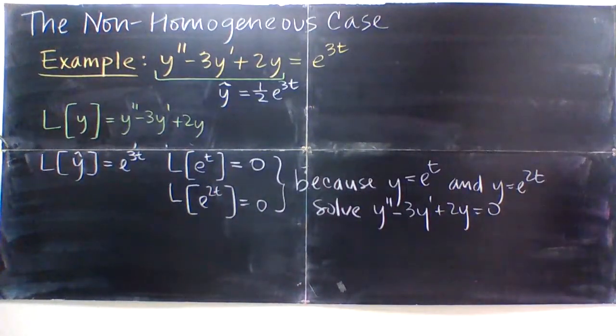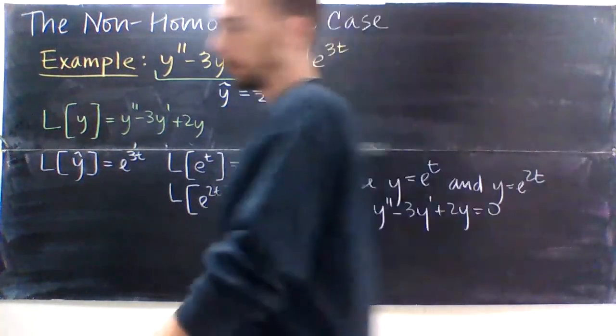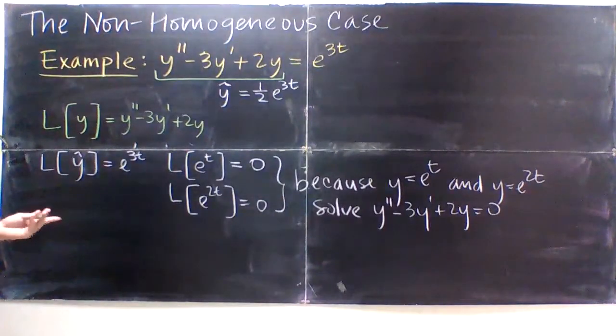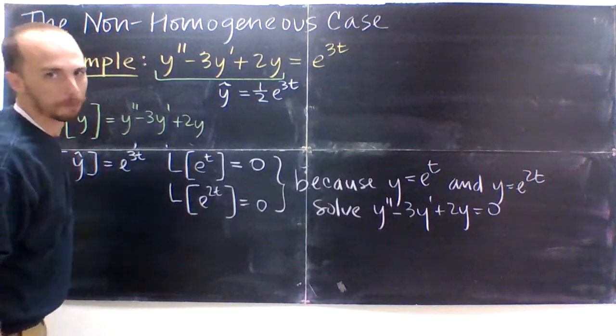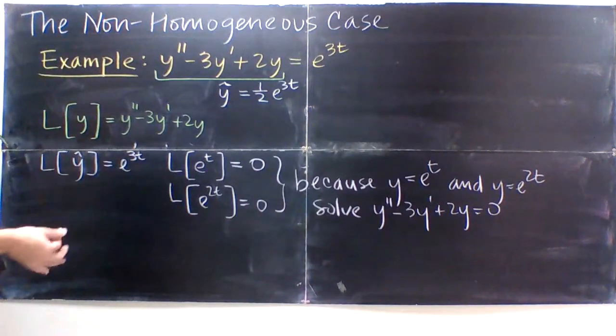Okay. And because the sum of the derivatives is the derivative of the sum, and vice versa, basically because L is a linear operator, I can say that, well,